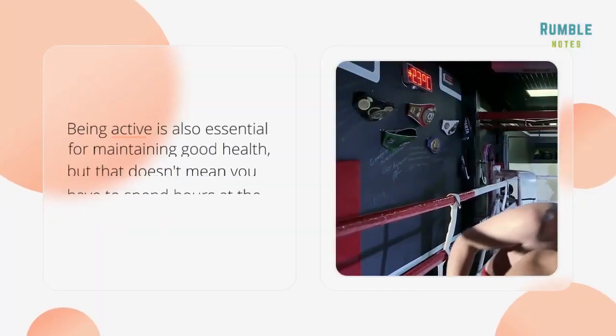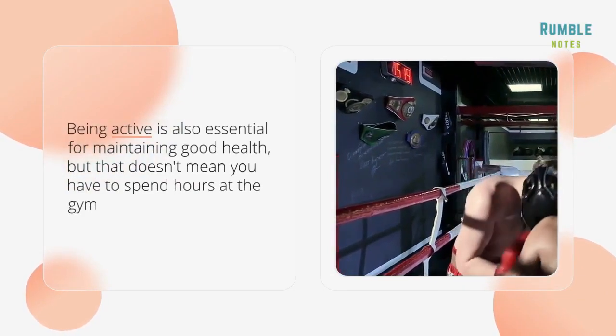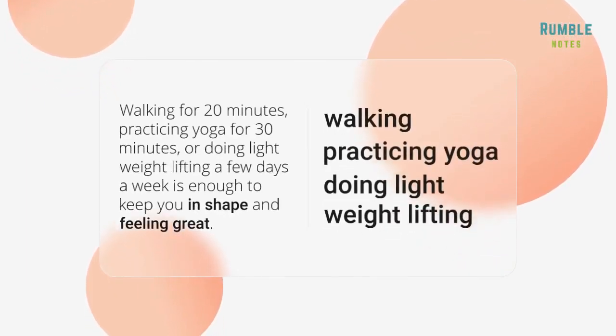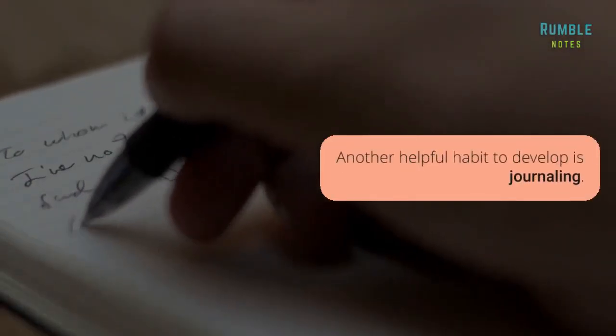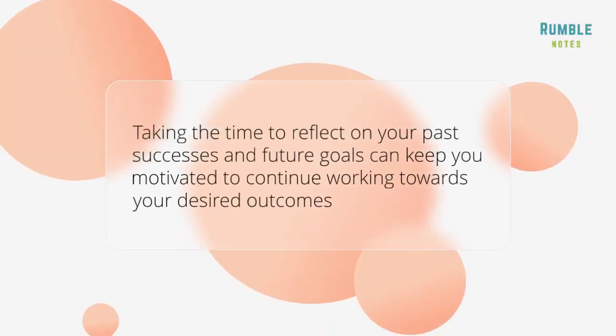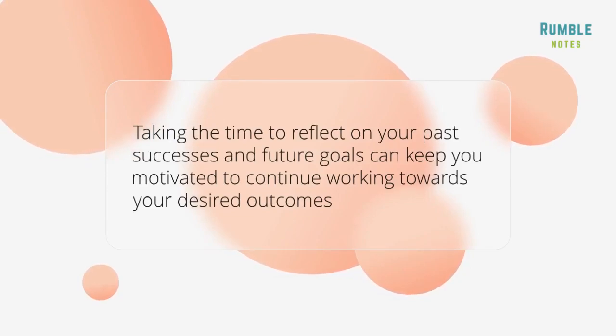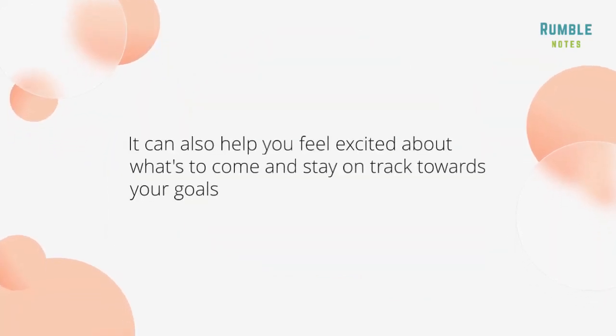weight. Being active is also essential for maintaining good health, but that doesn't mean you have to spend hours at the gym. Walking for 20 minutes, practicing yoga for 30 minutes, or doing lightweight lifting a few days a week is enough to keep you in shape and feeling great. Another helpful habit to develop is journaling. Taking the time to reflect on your past successes and future goals can keep you motivated to continue working towards your desired outcomes. It can also help you feel excited about what's to come and stay on track towards your